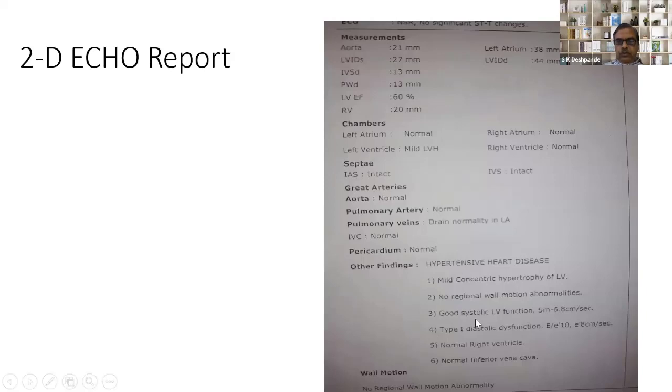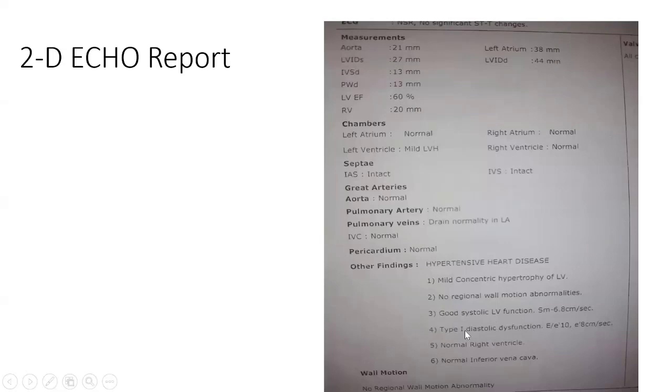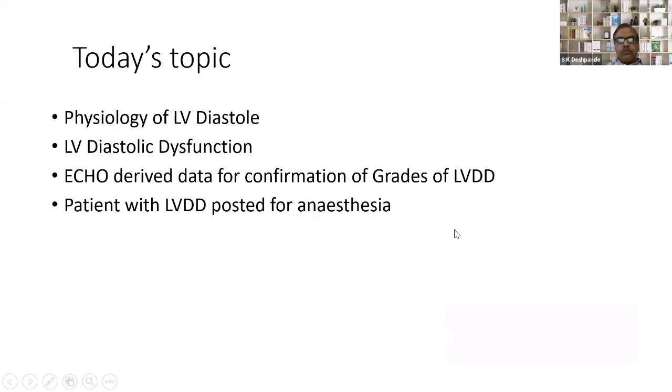And we don't know how much risk the patient is carrying for the anesthesia. We were used to concentrating only on the ejection fraction all these days. But nowadays, a sentence about diastolic dysfunction has become very important, appearing in almost 70 to 80% of echoes. What is diastolic dysfunction? On the back of the echo report, we can also see the normal values of each chamber, and we have to know about them.